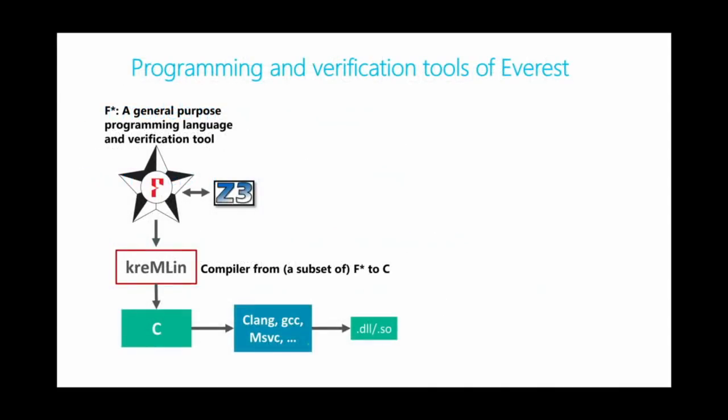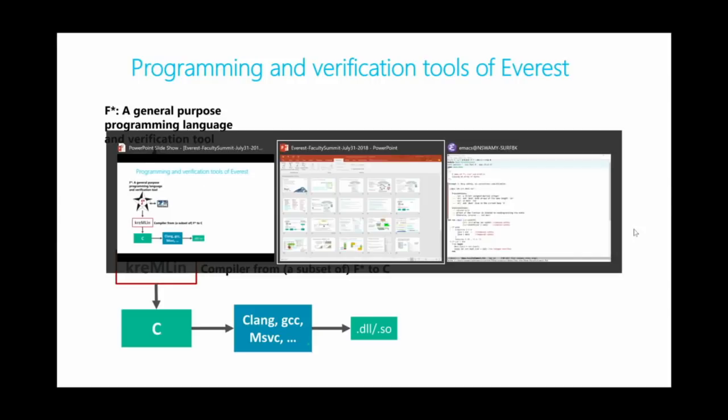Right. So the programming and verification tool that we use at the source level is a programming language called F-star. F-star makes use of Z3 to prove verification conditions that arise as you try to write your program. So after you write your F-star program and verify it, you can compile it either to OCaml or, in a tool that we've developed as part of Everest, you can extract your F-star code to C and then compile it using a C compiler and link it with the rest of your system. So let me do a small demo of this.